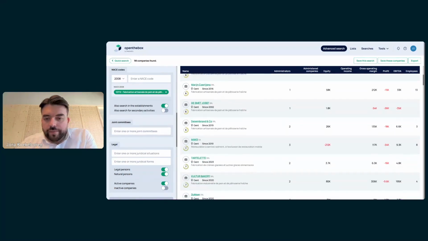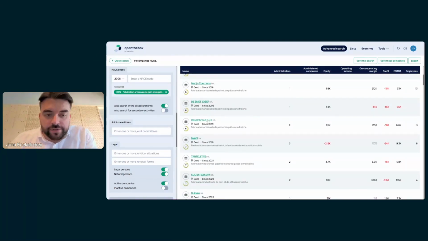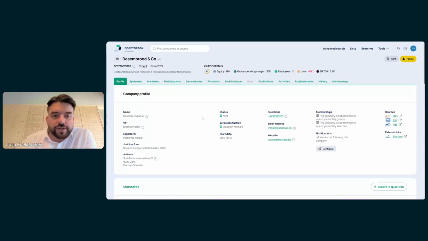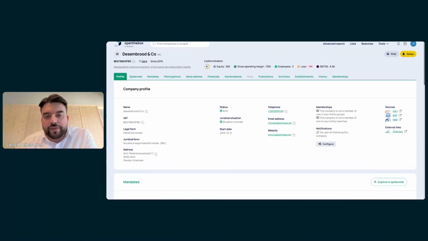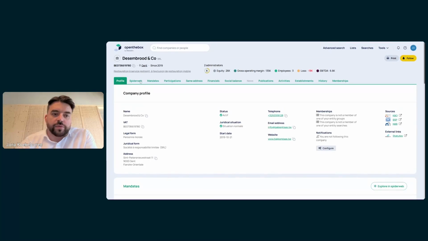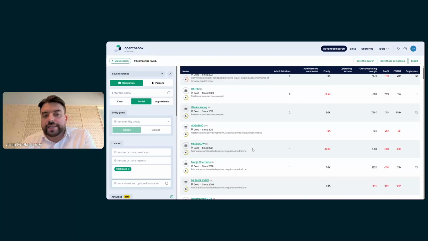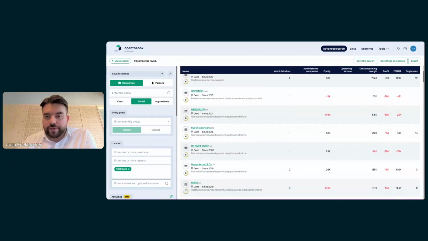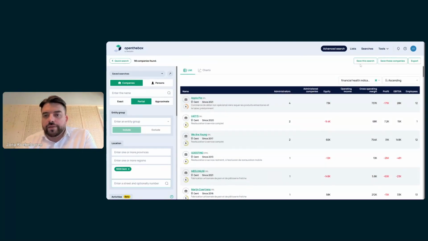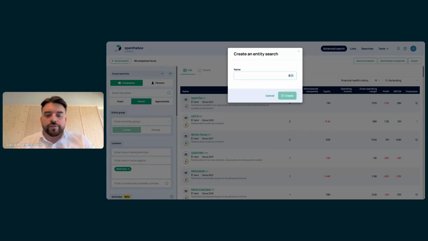Let's take one of them here. We're in the winter circus. So is Desenbrood & Co. This is Bakkerklaas. We can have a look at everything they're doing. And this is the other part of openthebox, right? So we've just actually gone from our search here, and we can go and analyze an individual company direct from this. So let's say I want to be notified of whatever happens based on these parameters. I can save this search, and I can say,